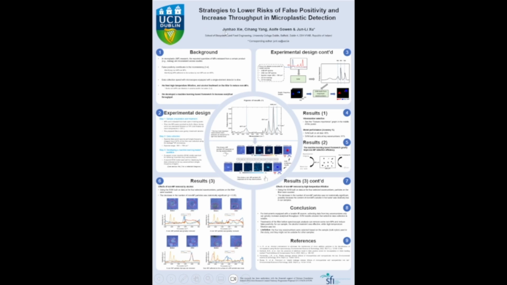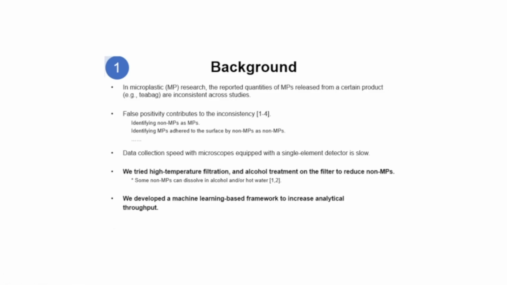Hi everyone, this is Junhao, and the title of my poster is Strategies to Lower Risks of False Positivity and Increase Throughput in Microplastic Detection. In microplastic or MP research, the reported quantities of microplastics released from a certain product are inconsistent across studies. Our analysis of the literature shows that false positivity contributes to the inconsistency, and an example of false positivity is